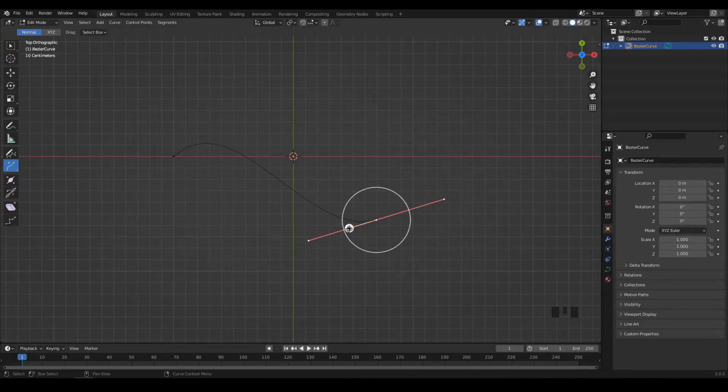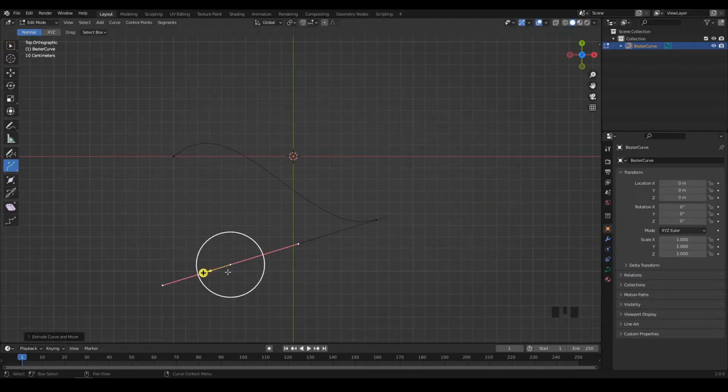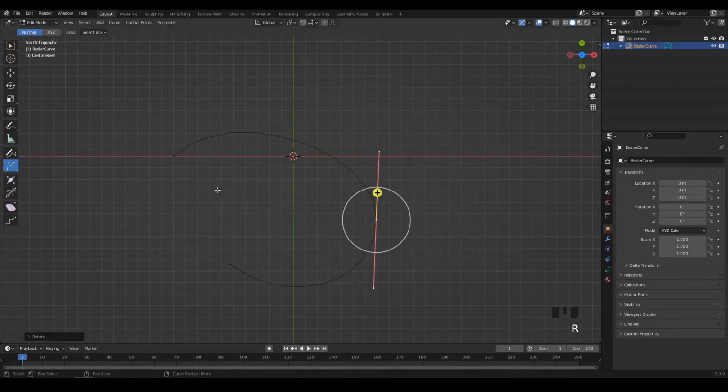Extrusions are like duplication, but you will still be connected to the previous point. So if I use this tool like that, you might not really see it, but it actually copied that point here, over there, and drew a line in between the two so that they are still connected. If I modify the tangent a bit so that you can see, we've got now 3 points on our curve,